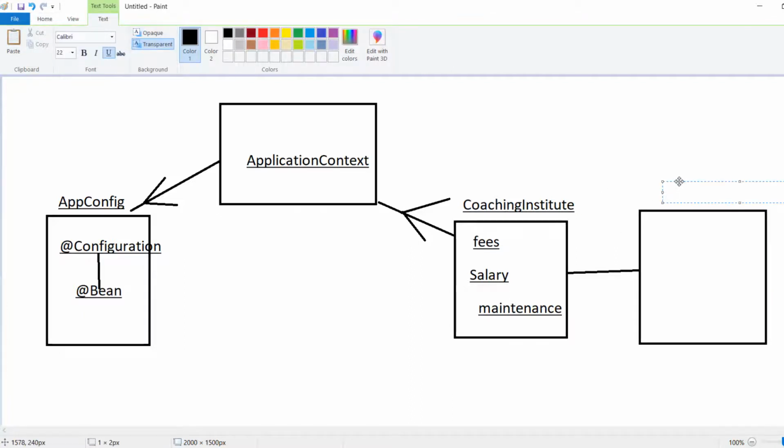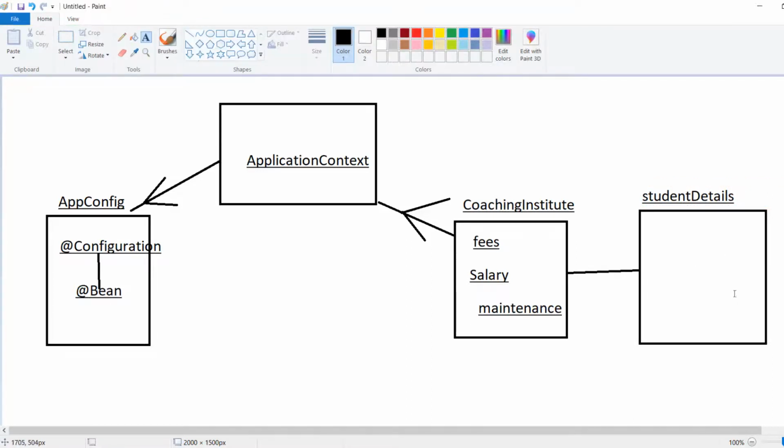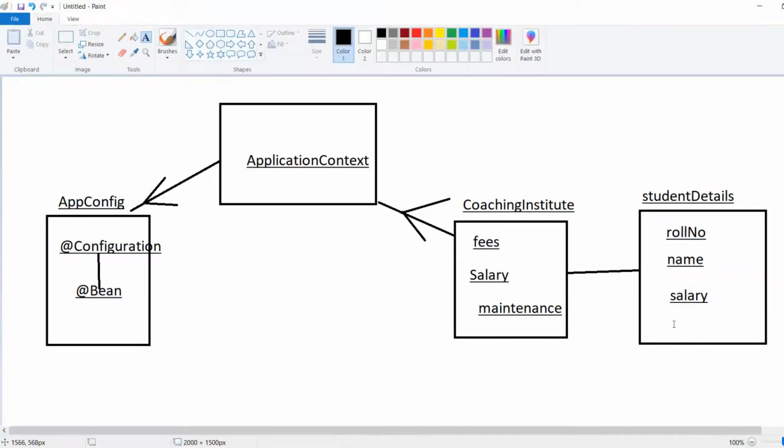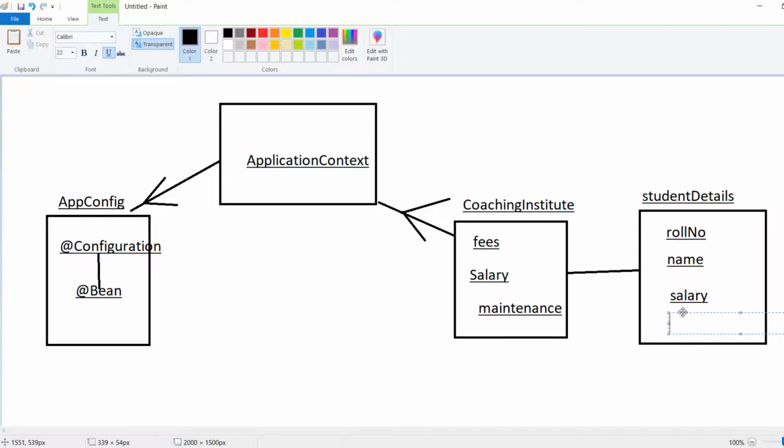This student details class file is the sub file of the coaching institute, and inside this student details I am going to write 4 different variables: roll number, which is the most important, next, name of those students.